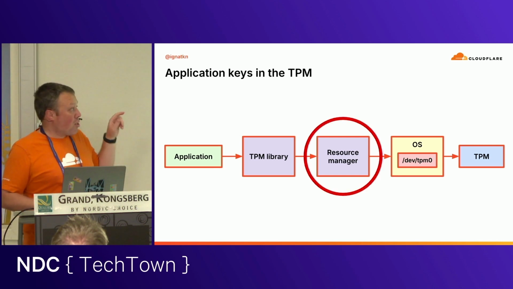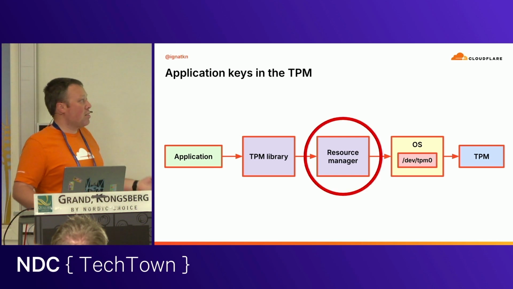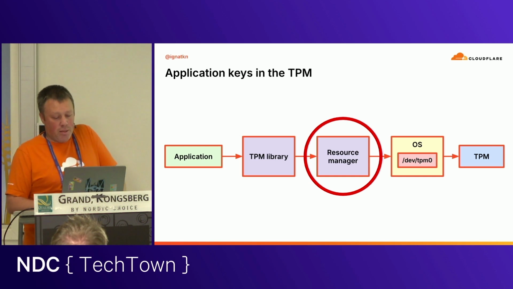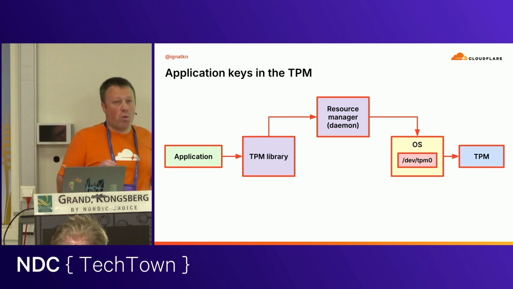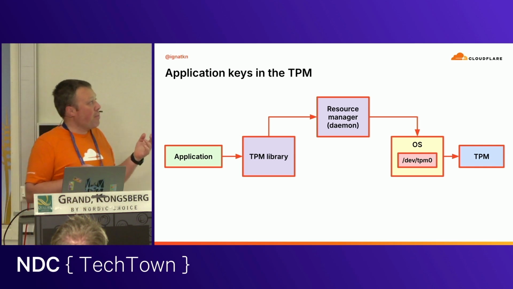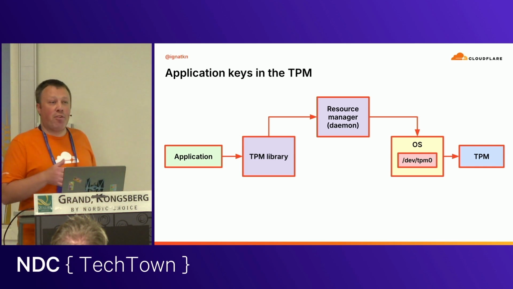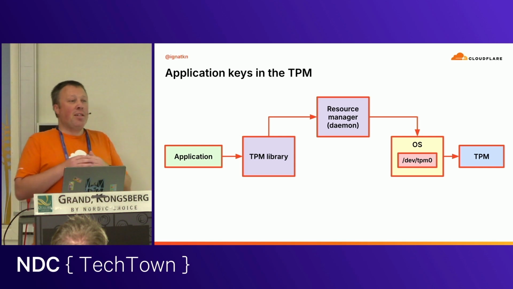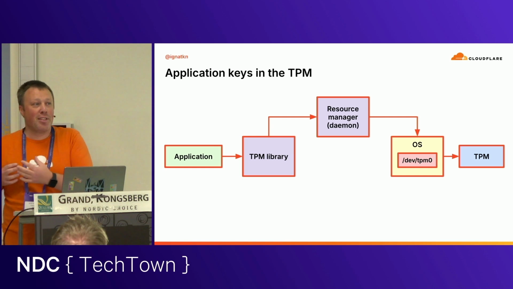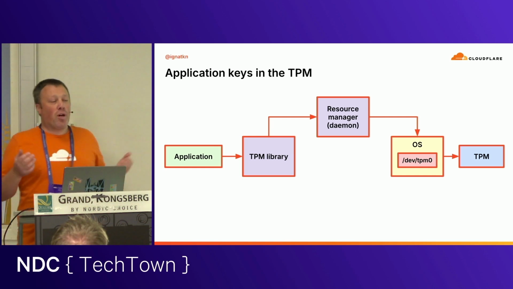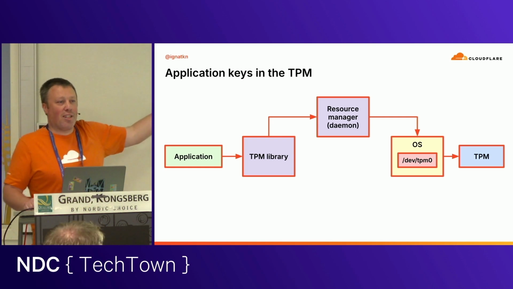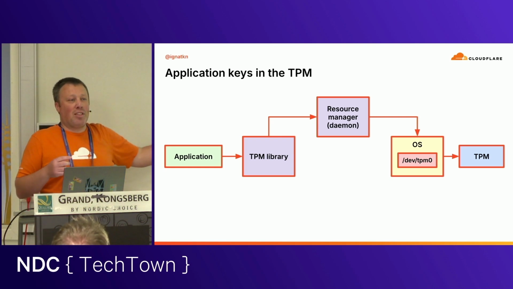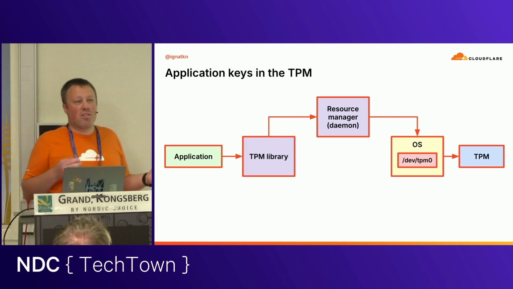So let's zoom into the resource manager, and it's a little bit complicated there as well. The first iteration of the resource manager was a user space daemon, which was very confusing for application developers. Now, just to talk to a hardware device, you need a user space service, a systemd service, to mediate that access. What if that service, which is usually written in C, crashes? You can't talk to a TPM if some service is not running, which is really confusing for